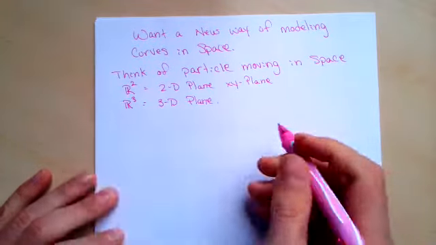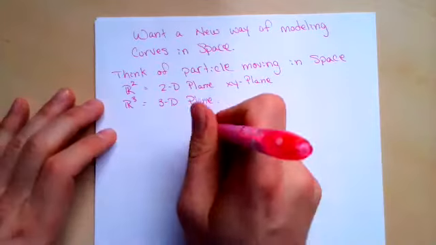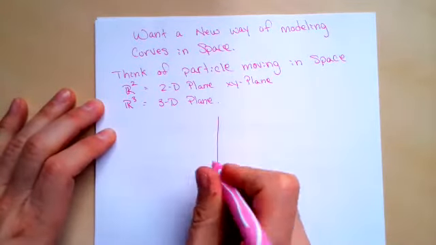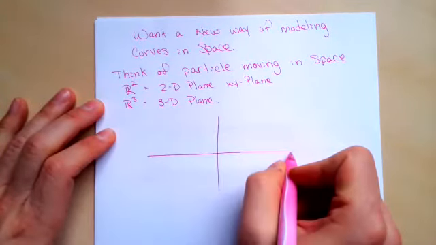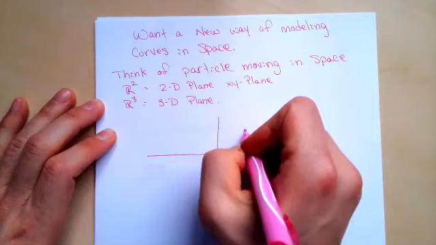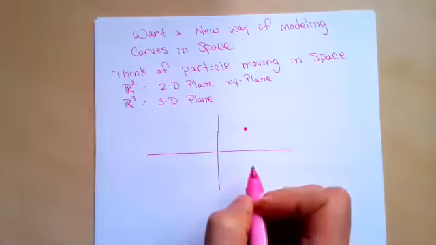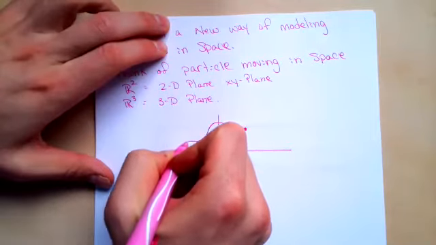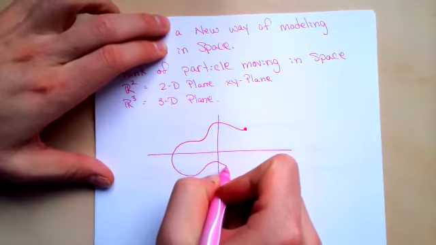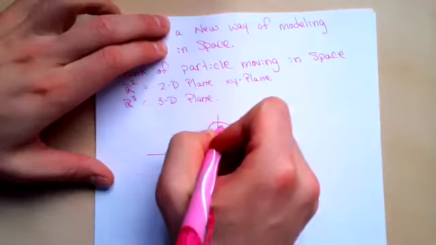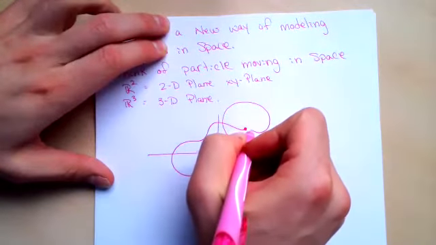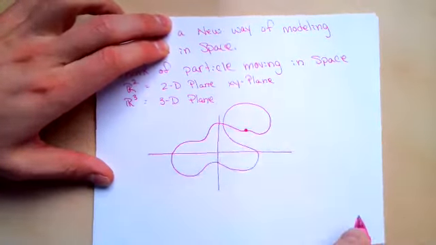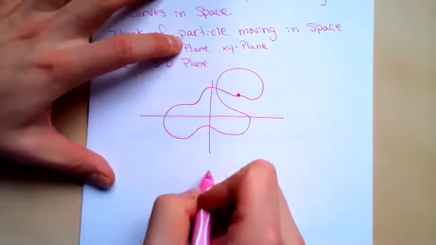But now we have a particle moving in a 2D plane. So you could think of it as just starting somewhere, and then it's going to move around, and as it moves, well, of course, it traces out a curve. And it could even go over itself and then come back. Sometimes it comes back to where it starts. Sometimes we have